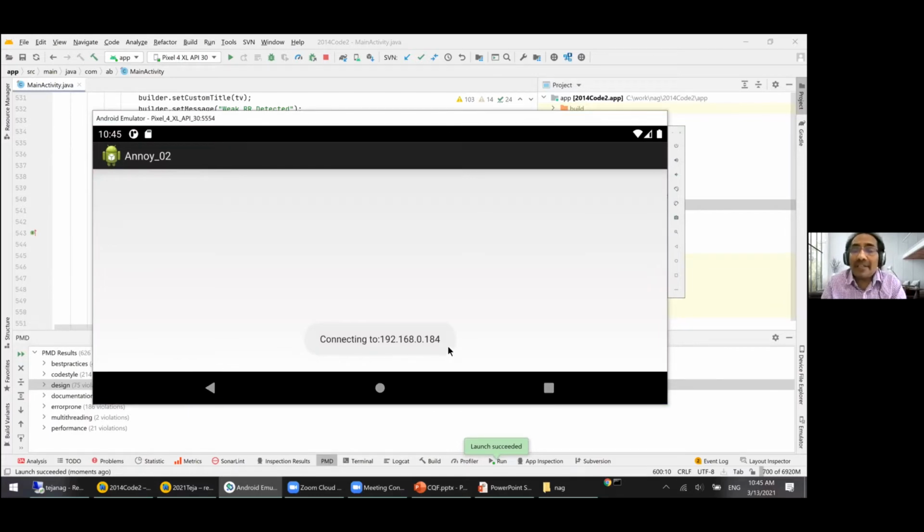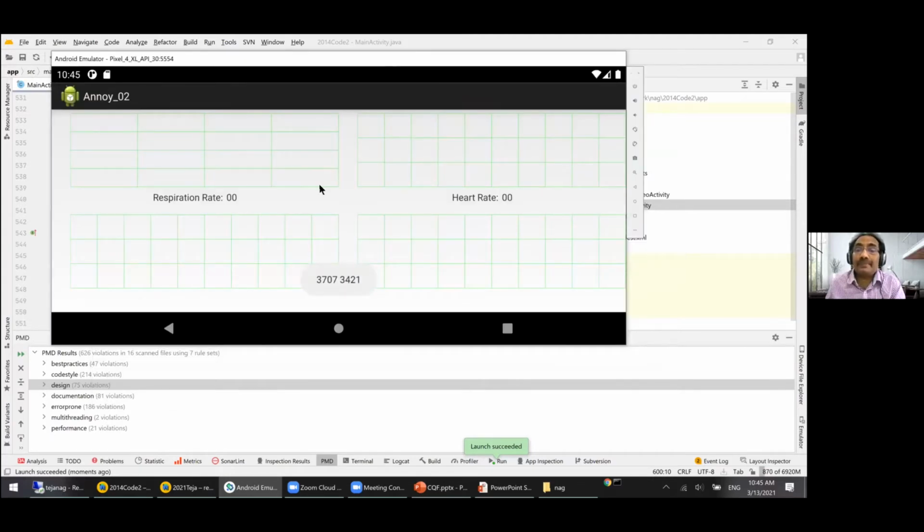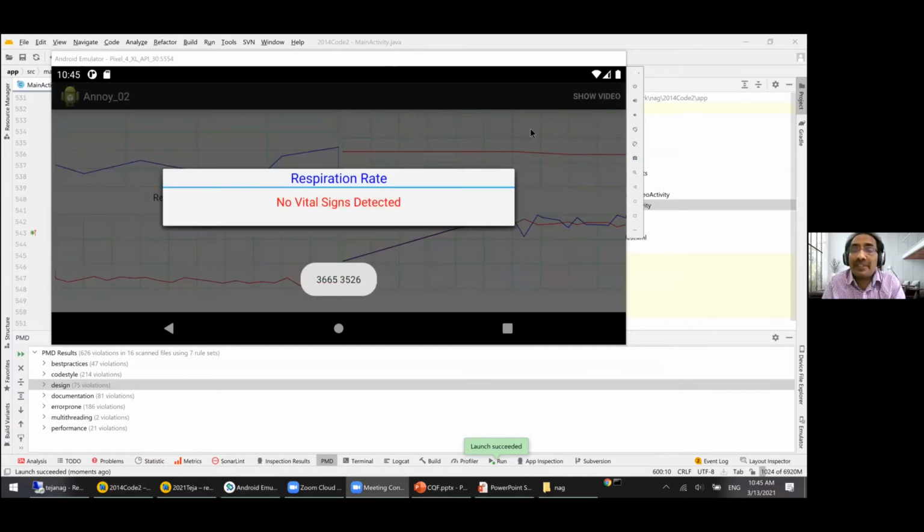This is an application which is collecting a lot of sensor data in real time and giving you a graphical representation of that data. So you can observe the slowness. You can see how painful it is for a developer to enhance it.